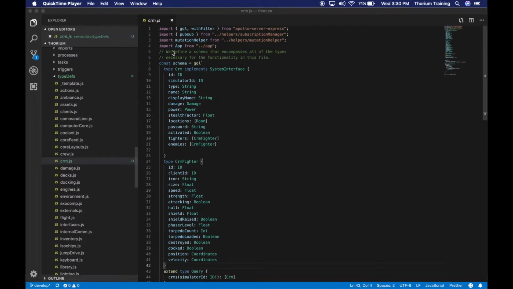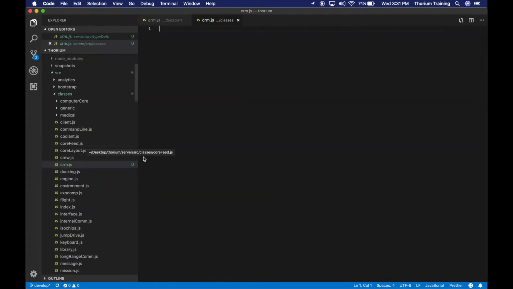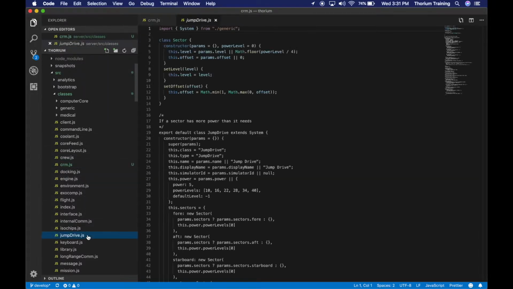In the last video, we created this schema for the CRM system. Now we need to create the place for this data to live. So let's create a new class inside of the classes folder. If we take a look at one of these other classes, like say the jump drive, we can see that